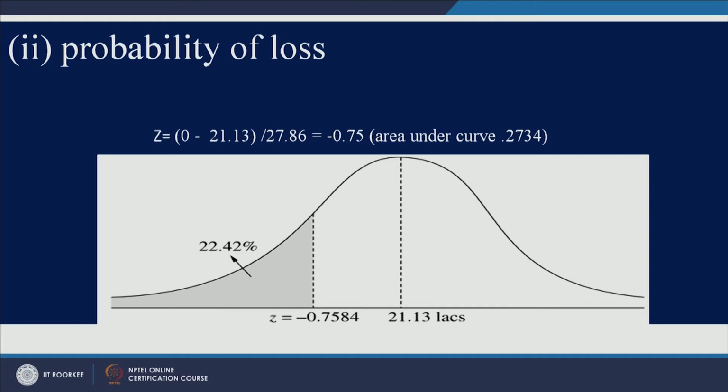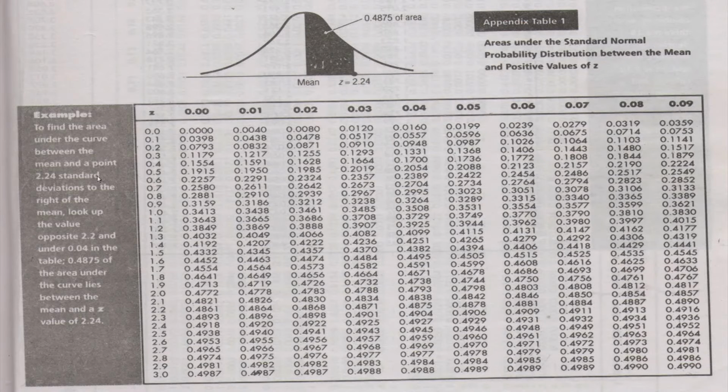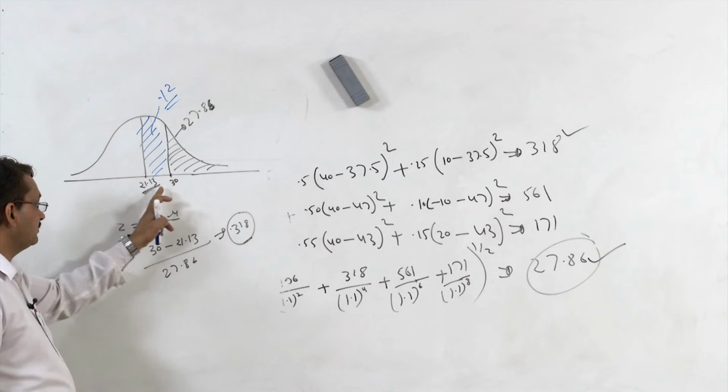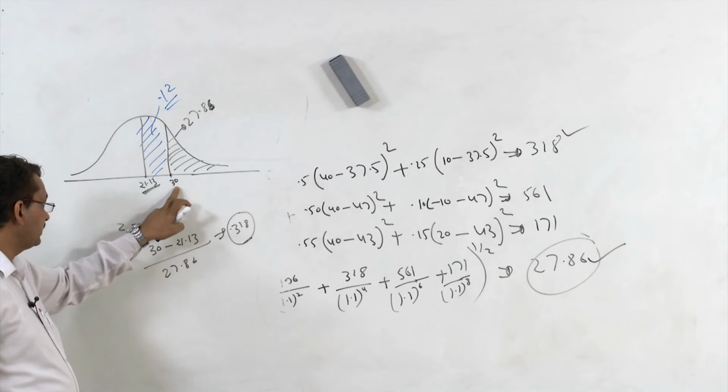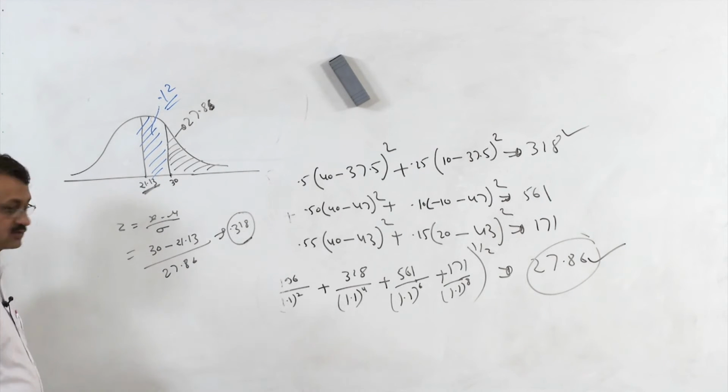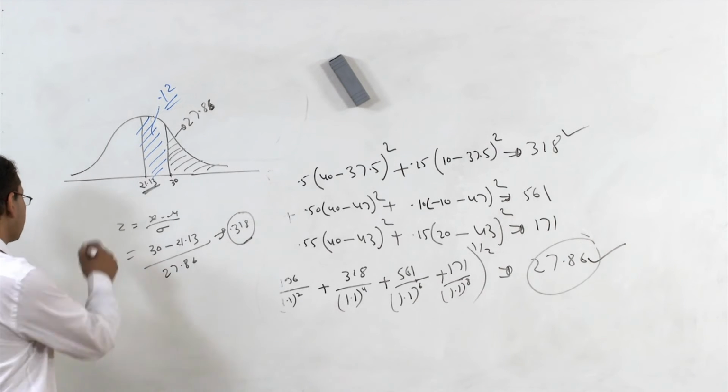So minus 0.75, look at z table, 0.7 and 5 is this, right. So 0.2734, whether positive or negative side, right. When it is negative side, you just take this side. If it is positive, that would be this side, right. So when I say 0, it means somewhere here, right,